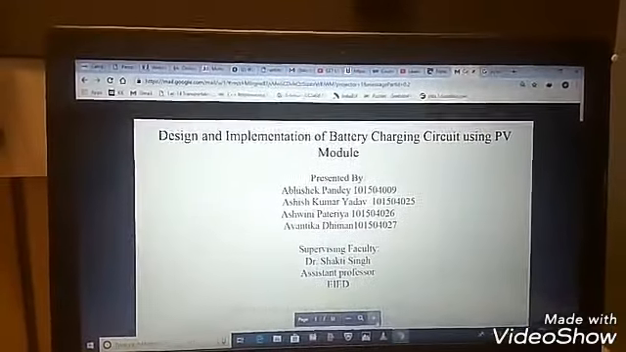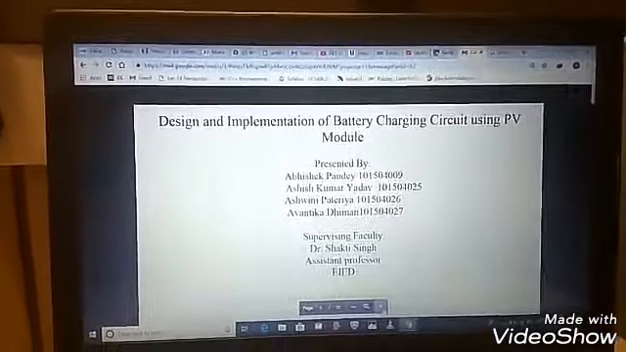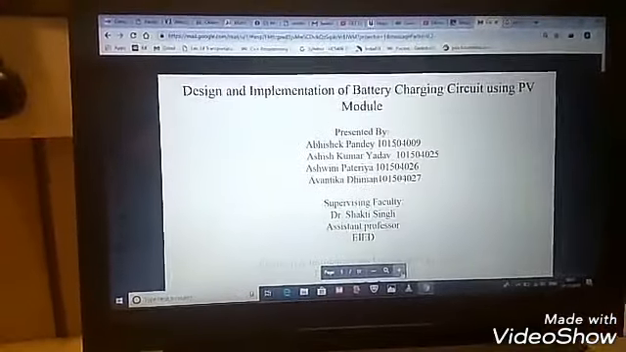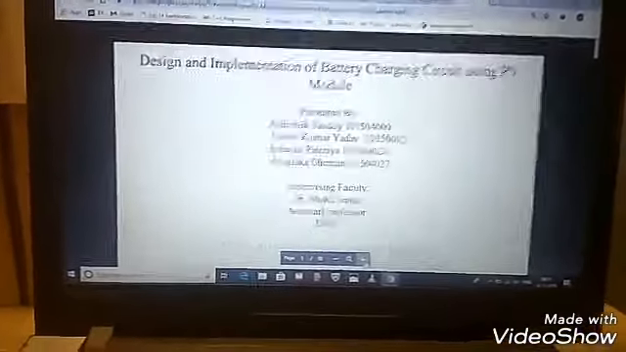A PowerPoint presentation of our capstone project, named the design and implementation of the battery charging circuit using a PV module. The PV module is nothing but the solar PV system, which uses cells to convert sunlight into electricity, and it is made of a semiconductor layer, usually of silicon. So, moving on,